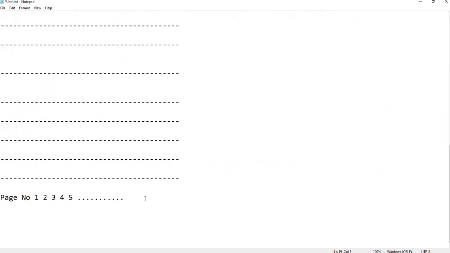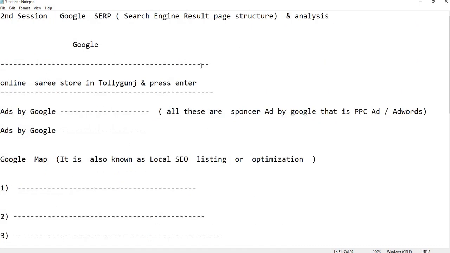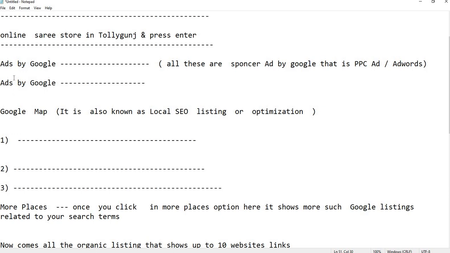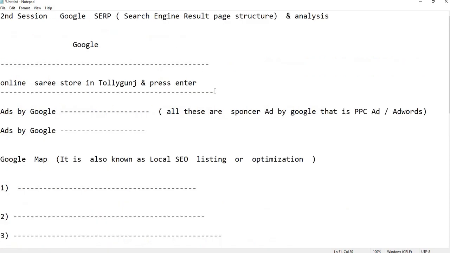I hope till now it is clear to you. If there are any issues, you can ask me. Search engine result page analysis is very much important. You have to understand each part of these, and the function of each part.